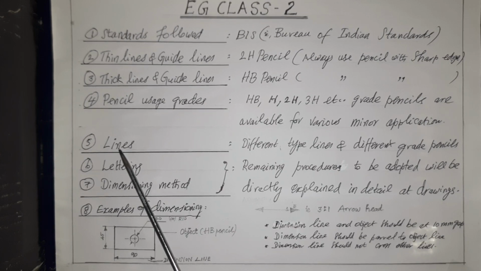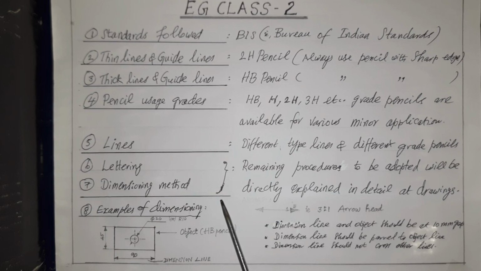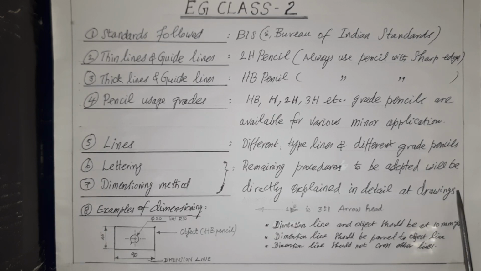Next, referring here, the sixth and seventh one, that is lettering and dimensioning method. Here also there are procedures available that are to be adapted, which will be better to understand at the drawing time. Next, referring to the examples of dimension that is given under eighth, a small object shape is shown